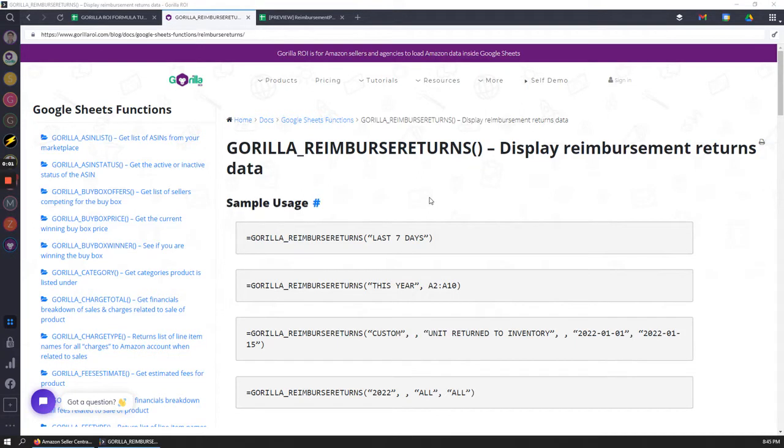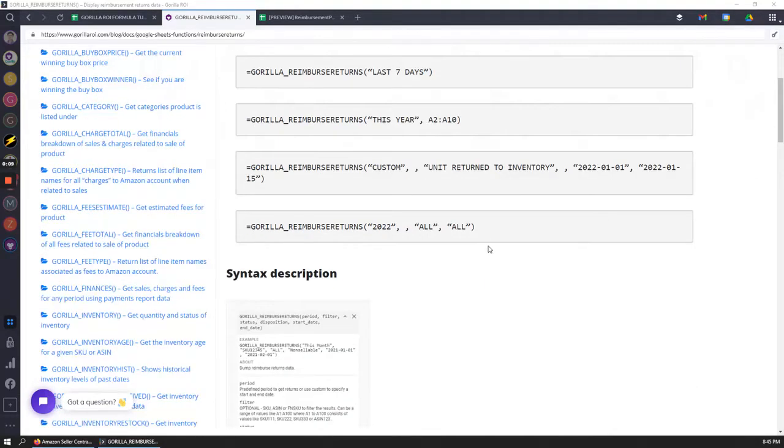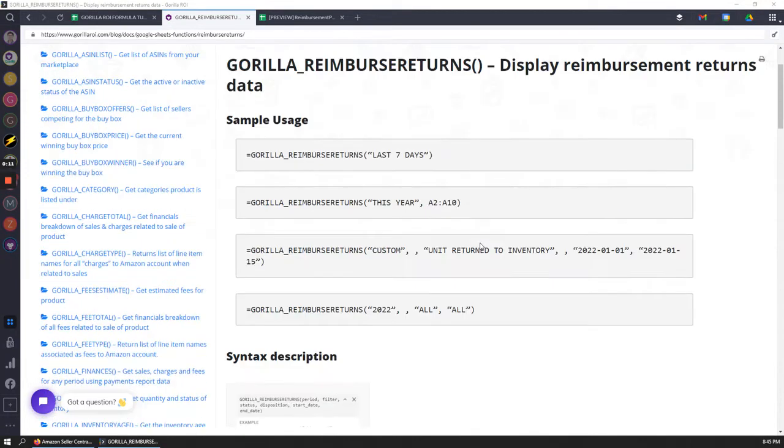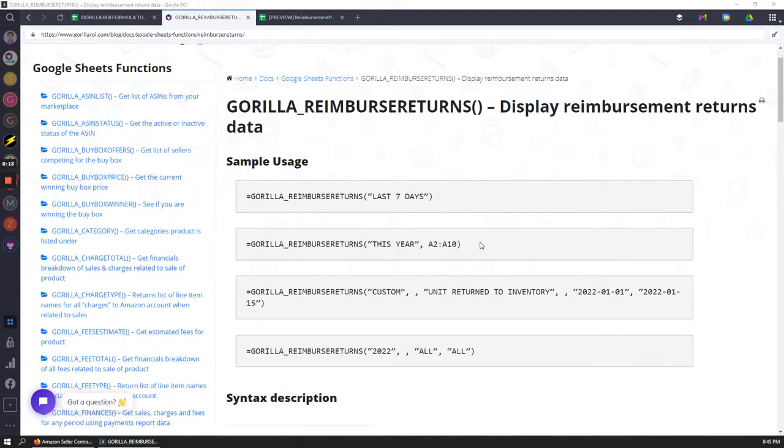With reimbursed returns, you'll now be able to look at all the different reimbursements based on the customer returns. Anytime a customer makes a return, you can see the reasons as well as how much was reimbursed to the customer, and you can either look at it, analyze it, and find the incorrect ones, get money that is owed back to you, as opposed to just letting Amazon do whatever they want with the returns and refunding customers, because Amazon